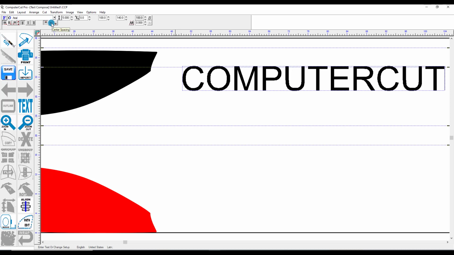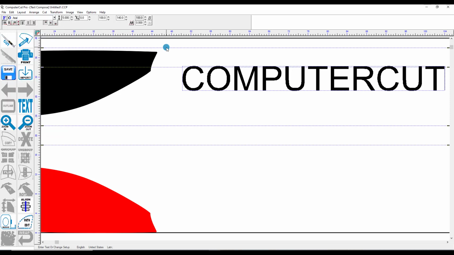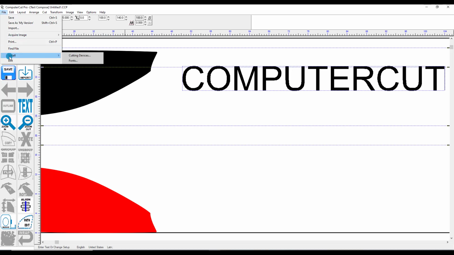And it works very similar to any type of Word type program. You have your ability to align the text vertically, indent. You have your different fonts here. Right now we have very few fonts in here, but one way to increase the number of the fonts that you have in the program is to go to File and then Install